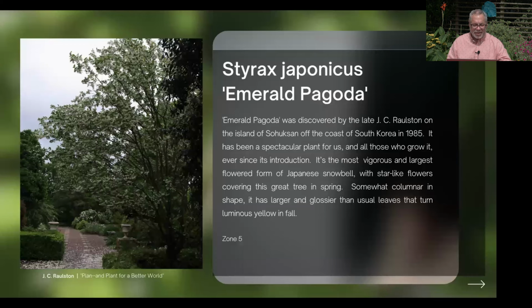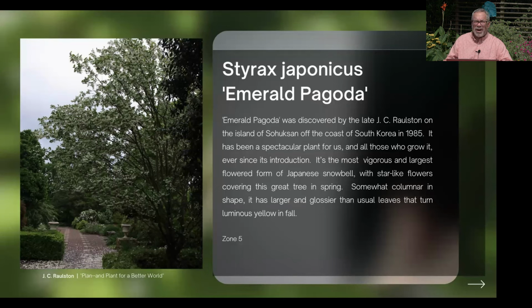Emerald pagoda styrax is one that perhaps the Arboretum is as well known for as any other plant. It's always been different than other Styrax japonicus. It's got larger leaves, it's got larger flowers. We thought it might be a tetraploid, have twice the number of chromosomes as other plants, but it winds up it does not. The legend has it, JC was collecting plants, he had seen this, but it didn't have